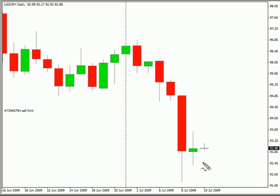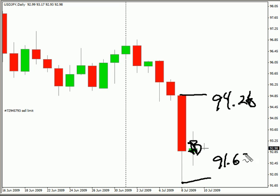Currently looking at the US-Japanese yen pair. This pair formed an inside bar today. It did close higher. However, we are looking for this pair to continue moving lower, and the bias is still to the downside. Look for this pair to potentially move as high as 94.26, possibly as low as 91.63 in this pair. Look for some resistance around 93.58. Possibly some support around